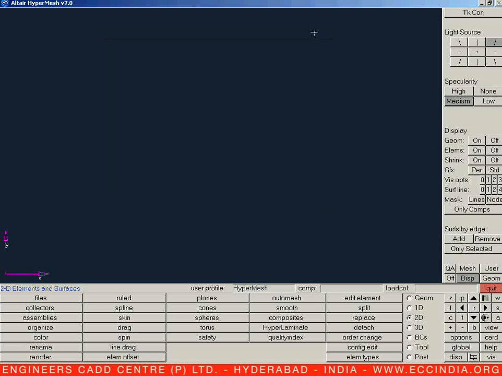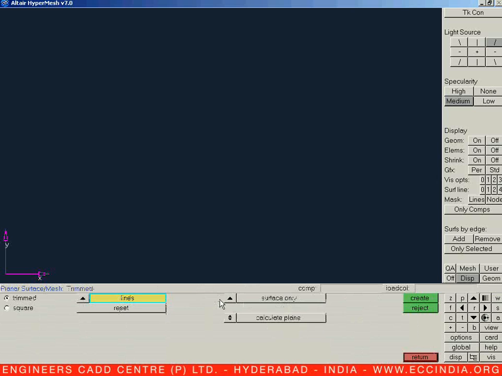Let us start with the next options with the help of area creation. So let us create one area first with the help of the 2D page menu. Let us highlight 2D and say plane. Let us say square. I need to create a 10 by 10 side square which is having a base on